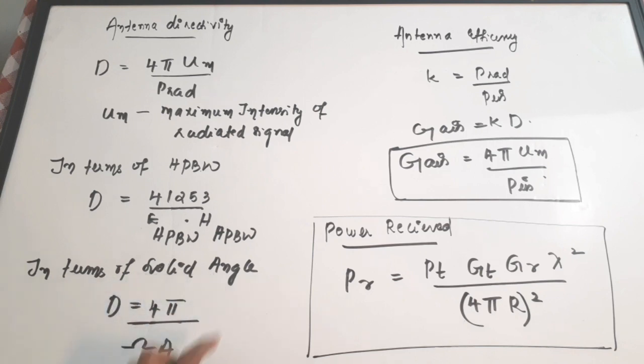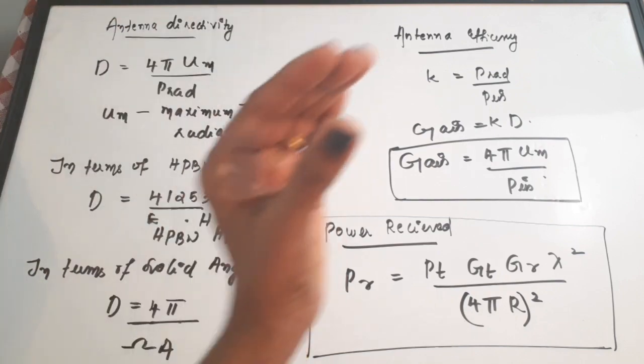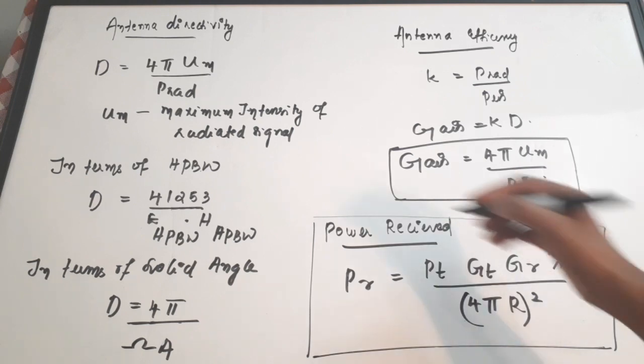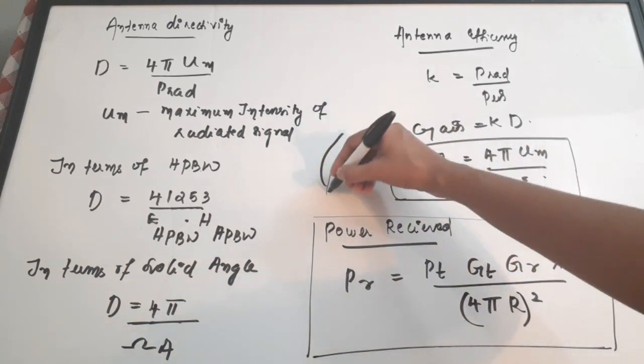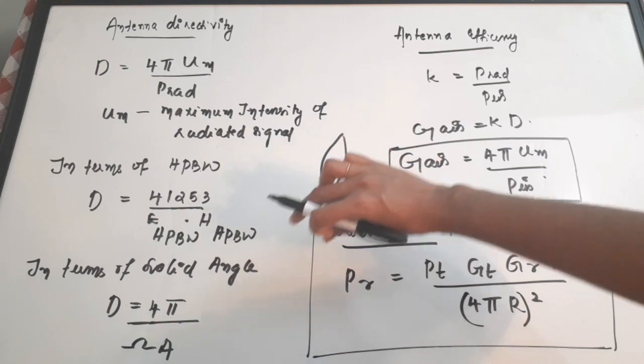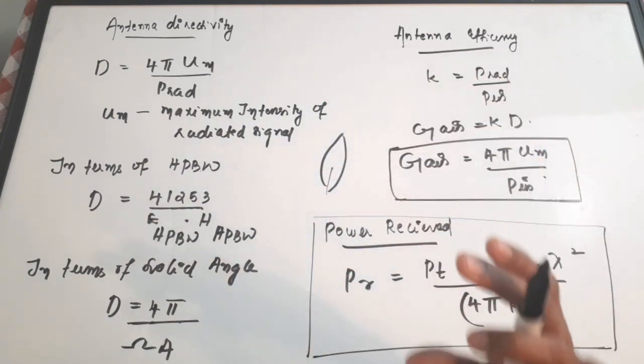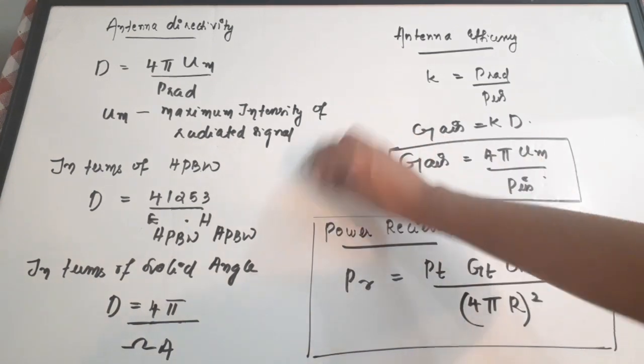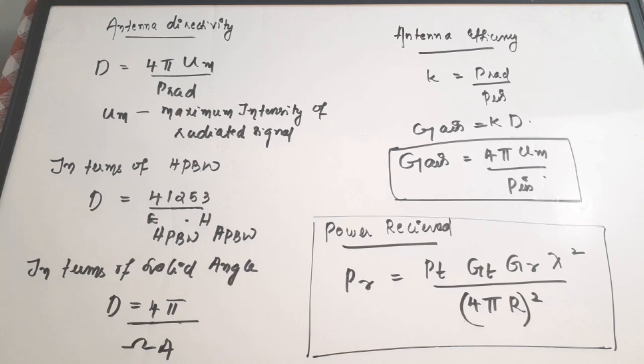Next, in terms of the solid angle, when you look up antenna directivity on Wikipedia, you see this equation. Directivity D is equal to 4 pi by omega A. Omega A is the solid angle, that is the angle with which it is concentrating the signal in a particular direction. Okay, so if an antenna has a radiation pattern like this, it is directing or concentrating its signal energy in that direction. That measure is called directivity. Okay. So that is the concept of directivity, and these are the three important equations.